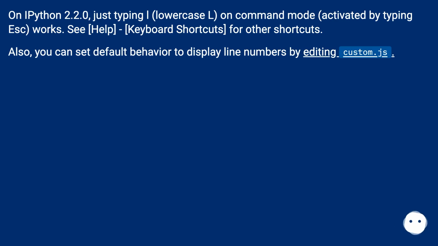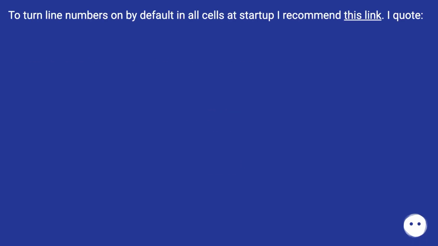Also, you can set the default behavior to display line numbers by editing custom.js. To turn line numbers on by default in all cells at startup, I recommend this link. I quote,